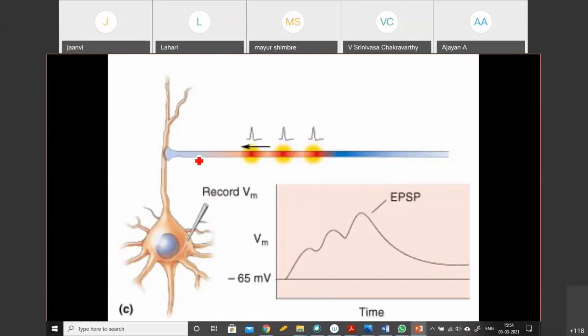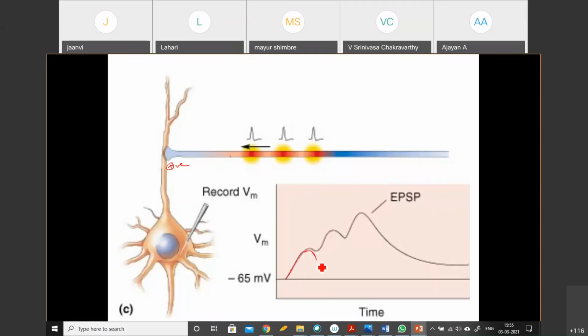So here is an axon of one neuron, and a bunch of action potentials are coming. On the same axon, you are seeing a train of action potentials coming one after another, and all of these produce a PSP on the postsynaptic side. Assume this is an excitatory synapse, so it's positive. So when the first one hits the dendrite here, it will produce a PSP which is positive. It goes like this, and it